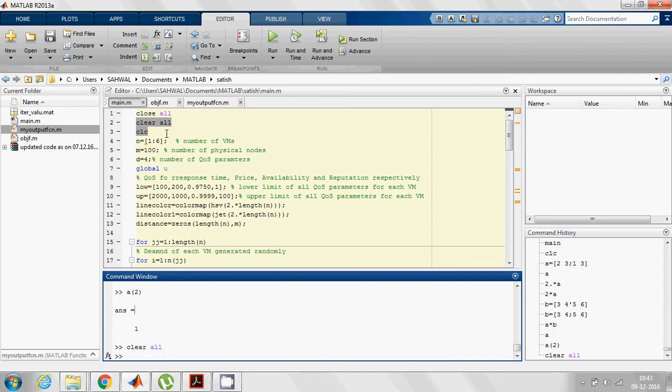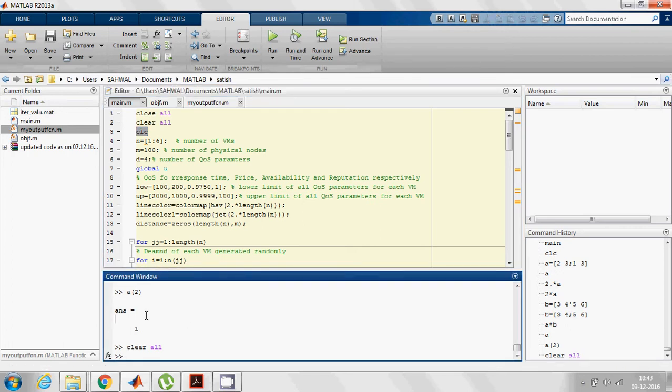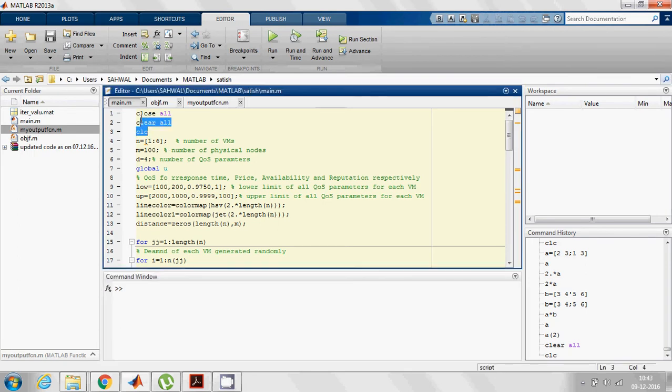And CLC is the function which clears the command window. If I write CLC and press enter, then this command window will be cleared. This is just to make our MATLAB window user adaptable for the new work. We have defined here the number of virtual machines, the number of physical nodes, and the lines